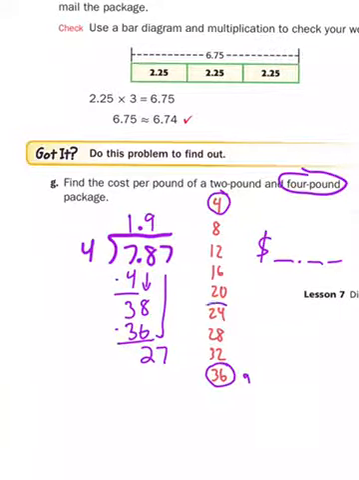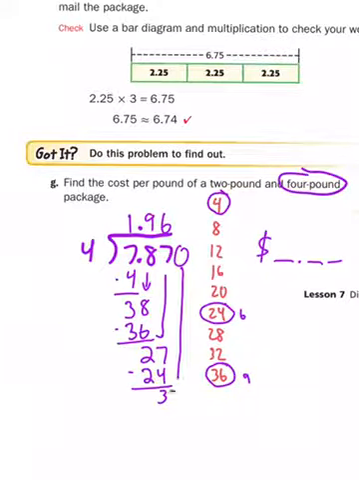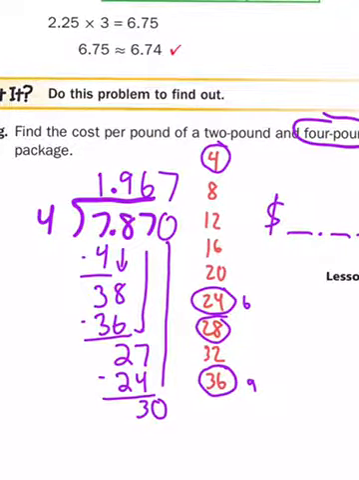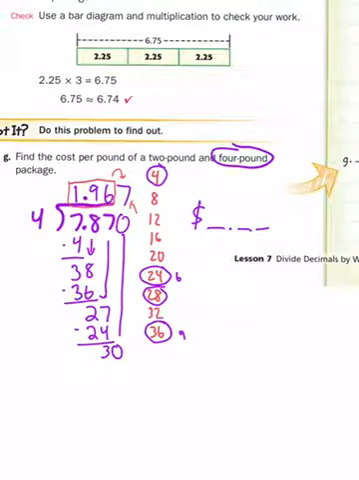4 goes into 27. That's 6 times there, which is 24. I'm going to subtract and bring down a 0. And 4 goes into 30 7 times. Now I can stop right there, because remember this is going to be money. So the question is, is it going to be $1.96 or will it round up to $1.97? Look at this next digit here. That's a 5 or higher, so guess what? It is going to cost, if you mail a 4-pound package, $1.97 per